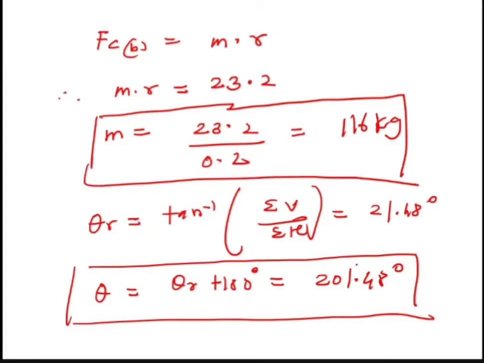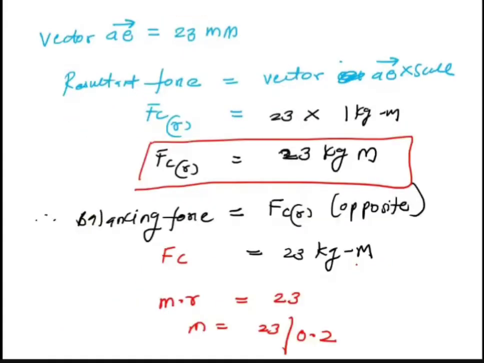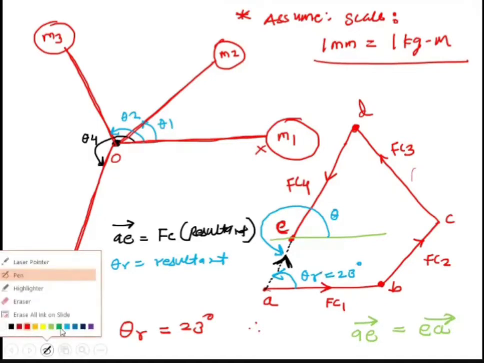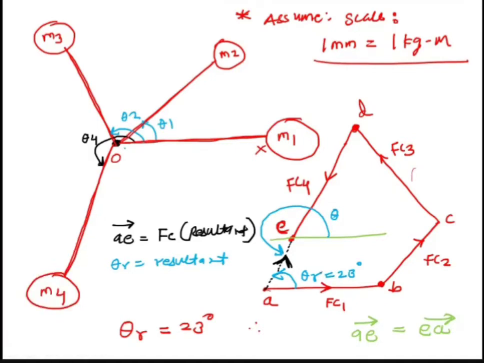Thank you so much. I hope you have understood this. Is it okay? And then finally, once you calculate this, you have to plot here. Now this is a very important last step. So how will you plot here? What is the balancing mass? 115 kg. At what angle? At 280 angle.